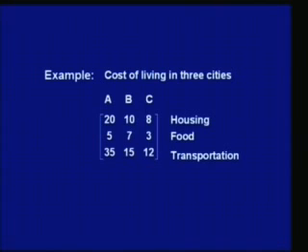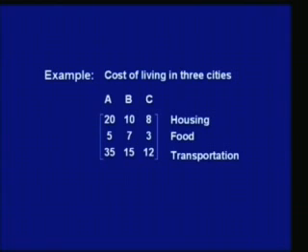Similarly, the third row represents the transportation cost in 3 different cities A, B and C. 35 is the transportation cost in city A, 15 is the transportation cost in city B and 12 is the transportation cost in city C. So, rows represent different costs, housing, food and transportation, and columns represent cities. First column represents 3 costs, housing, food and transportation in city A. Second column represents housing, food and transportation cost in city B, and third column represents housing, food and transportation cost